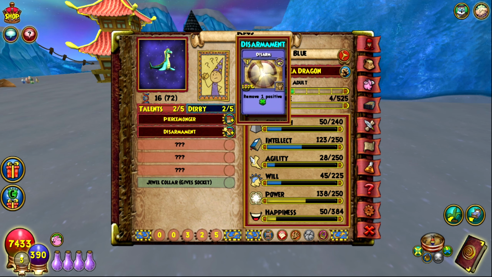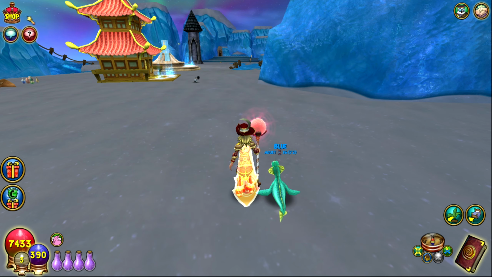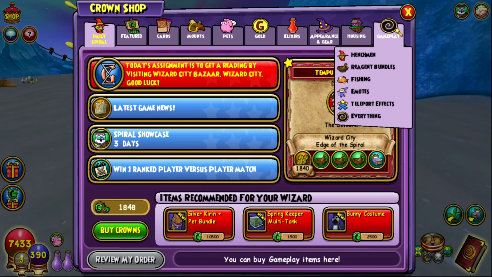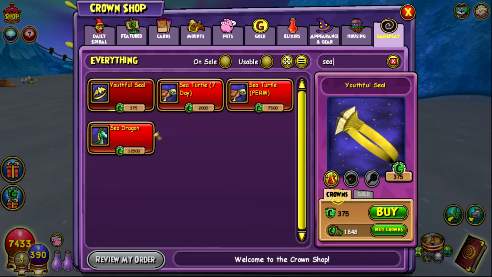They're just horrible, though. They really are just horrible. I get a Pierce card. I get a Disarm. That's literally it. That is all this guy gives. So, the Sea Dragon, funny story. I actually bought this. The reason why Blue is so special, near and dear to my heart, even though he got horrible talents, is because I actually bought him with crowns in the crown shop. So, if we take a look at Sea Dragon here,